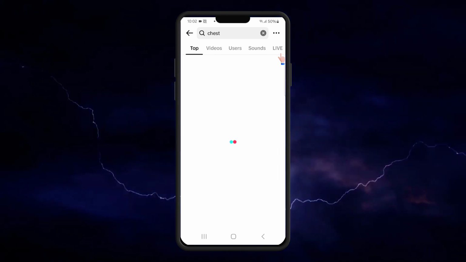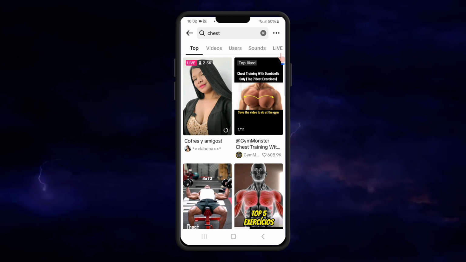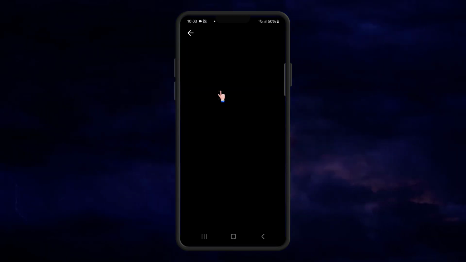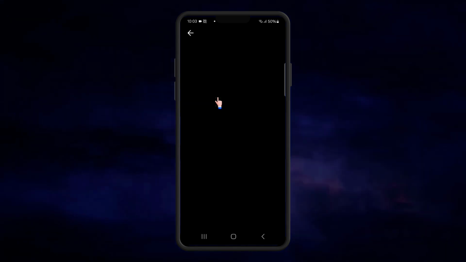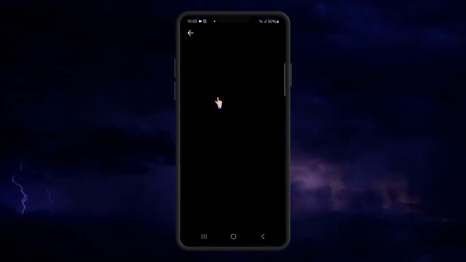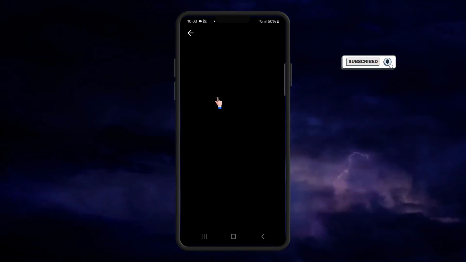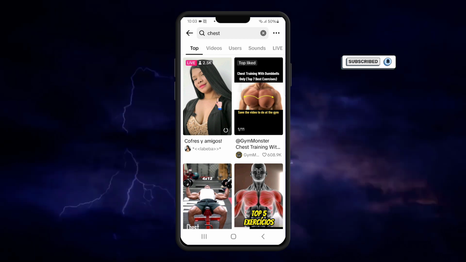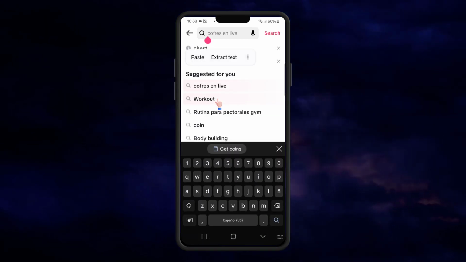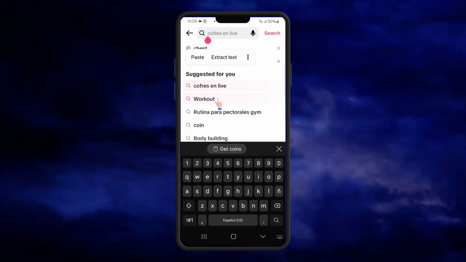test. We can see in other hours different lives. For example, this is a live, but this live is private and we can pay to subscribe to this live. By the way, you can search in Spanish